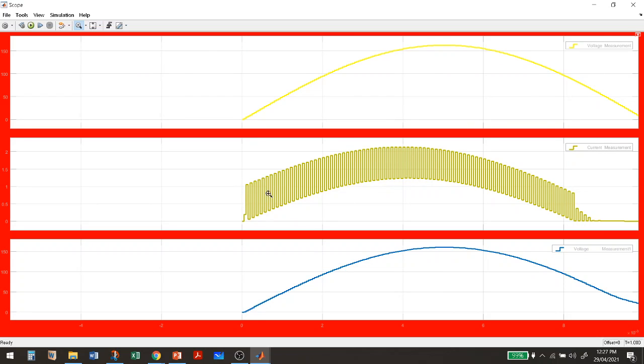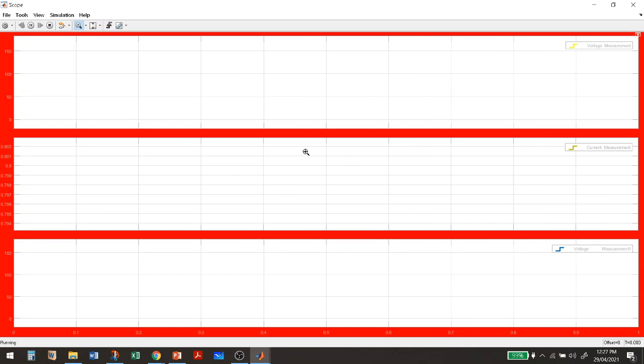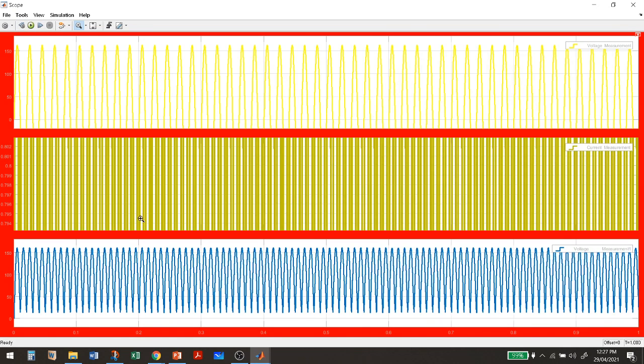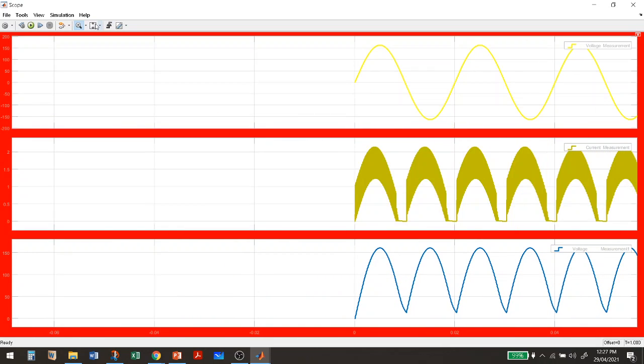Then I'm getting this output current waveform.